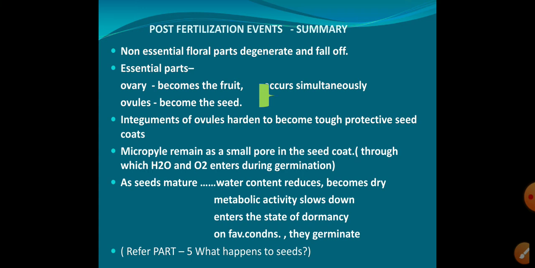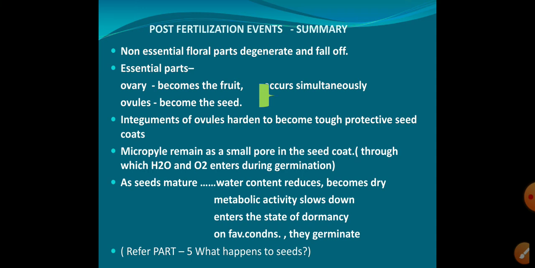Next, integuments of ovules harden to become tough protective seed coats. The next one, the micropyle remains as a small pore in the seed coat through which water and oxygen enter during germination. So that micropyle, a small opening found in the seeds, will only allow water or air to pass through during the germination process.